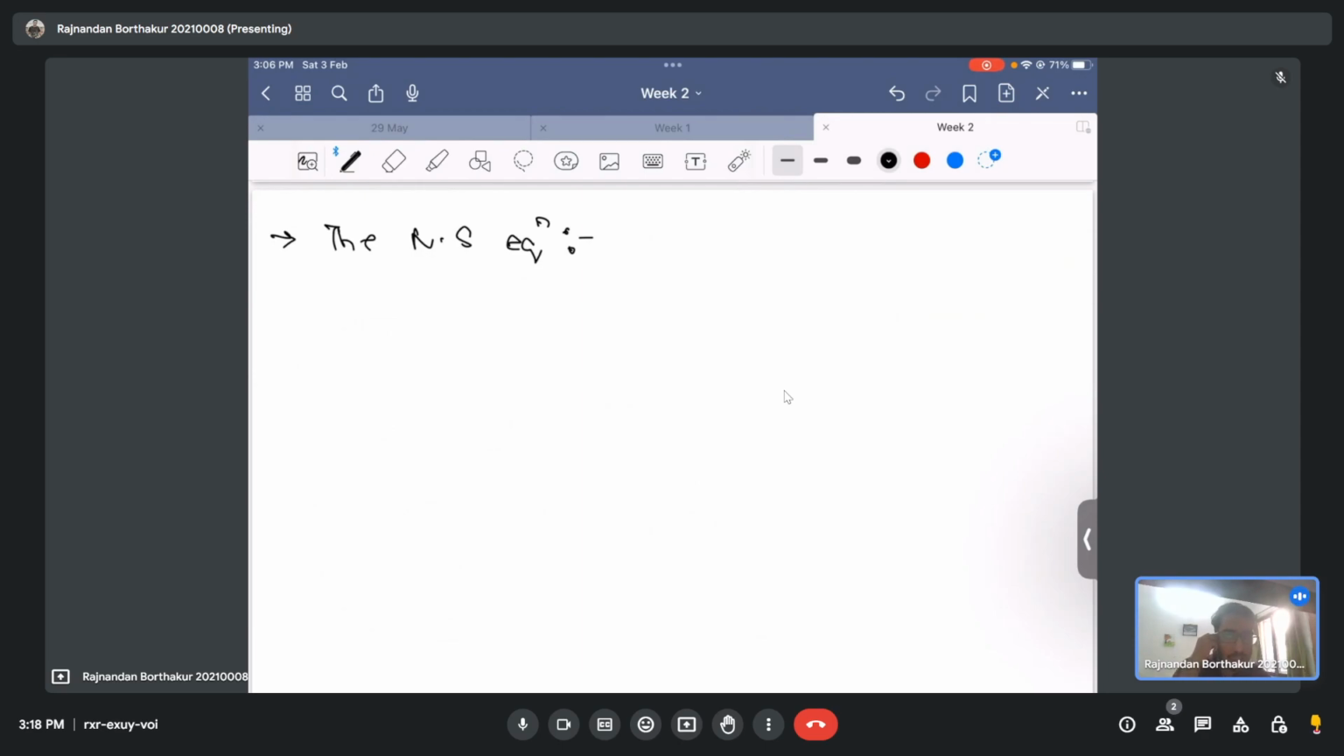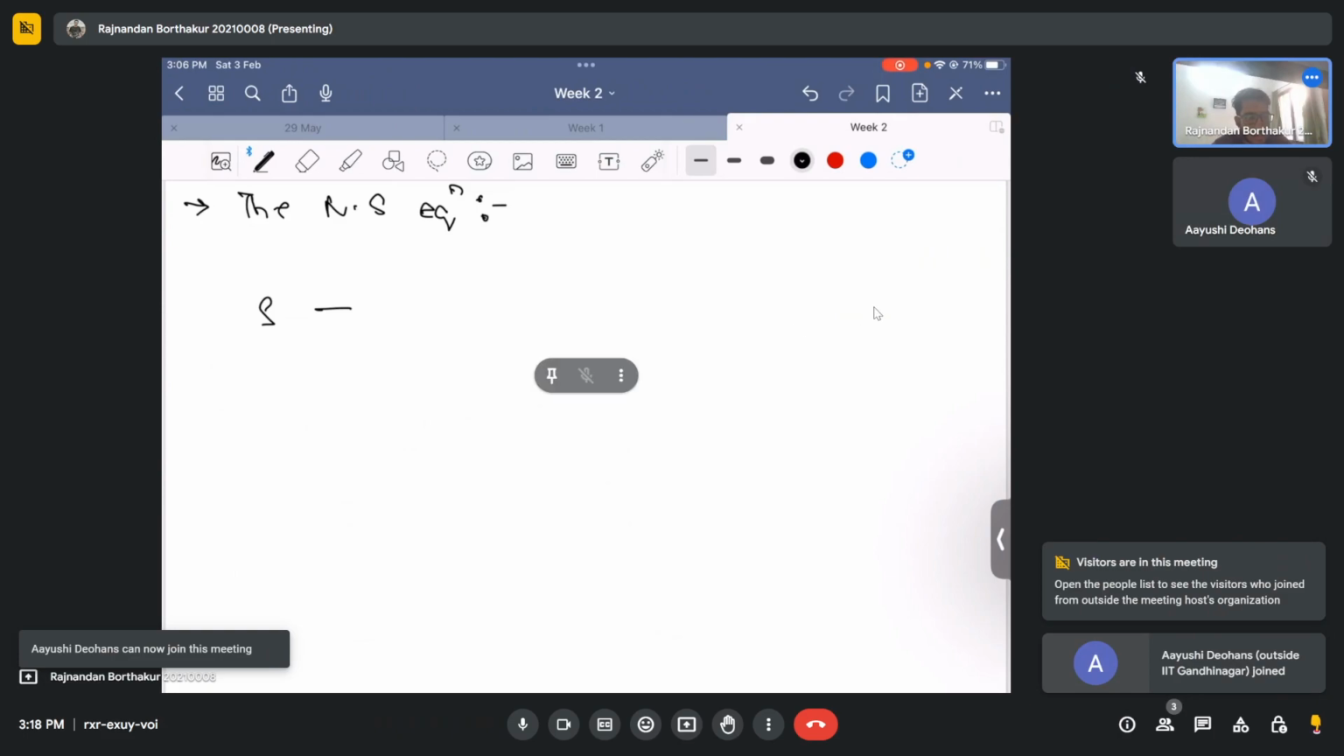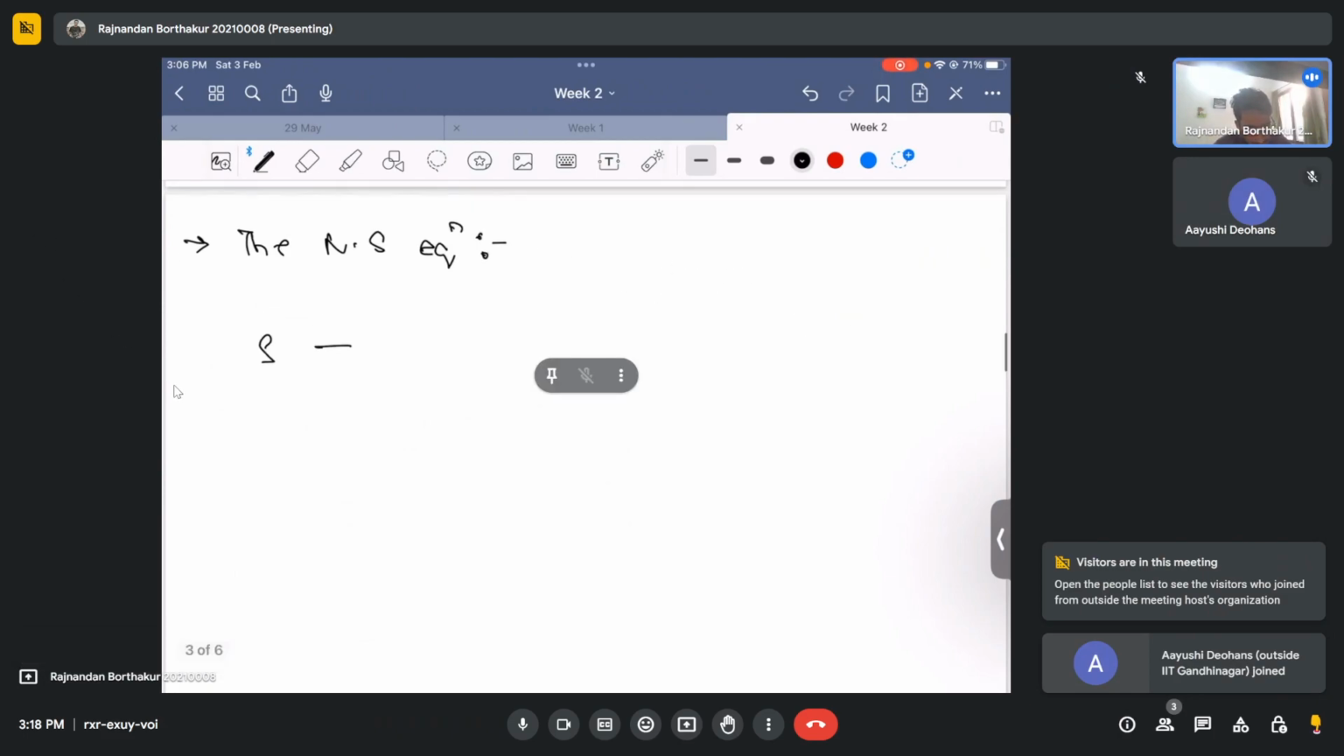All right. So in today's class, we will start off with the Navier-Stokes equation. So as you have seen in this week's lecture series, the Navier-Stokes equation, when we write the different terms, for instance, let's say we are writing in vector notation. So the Navier-Stokes equation basically,